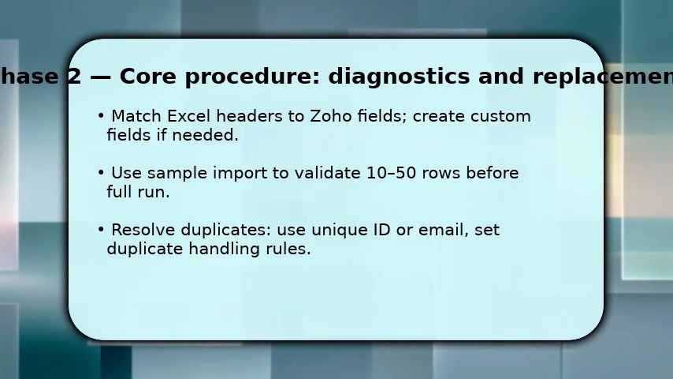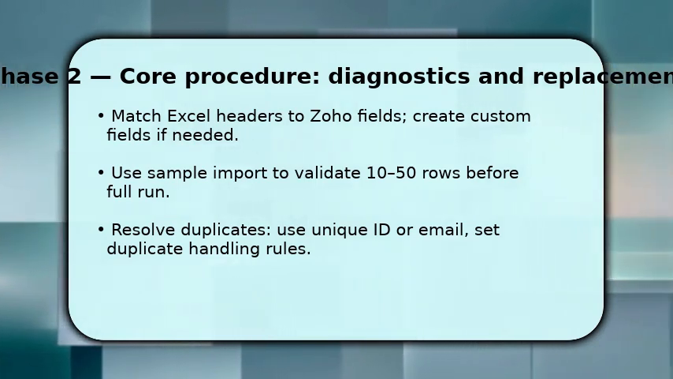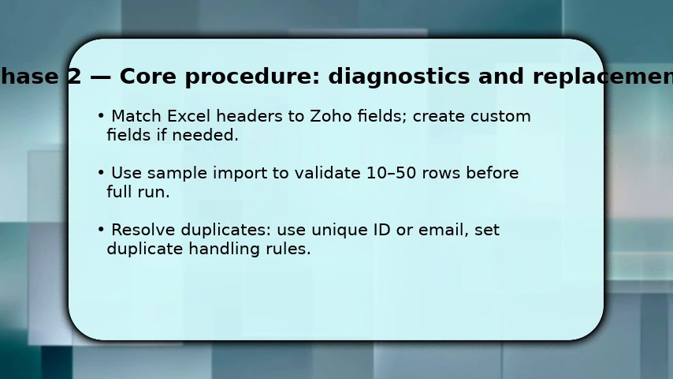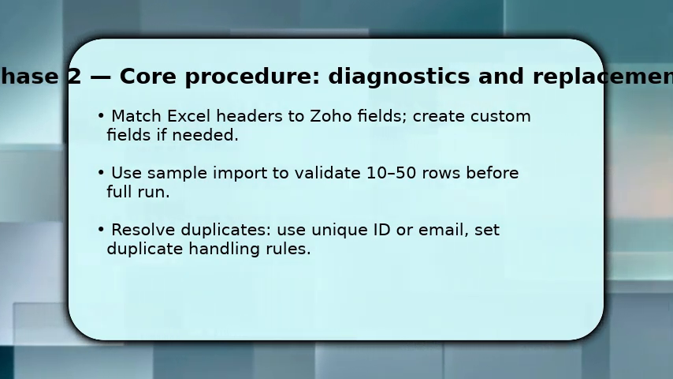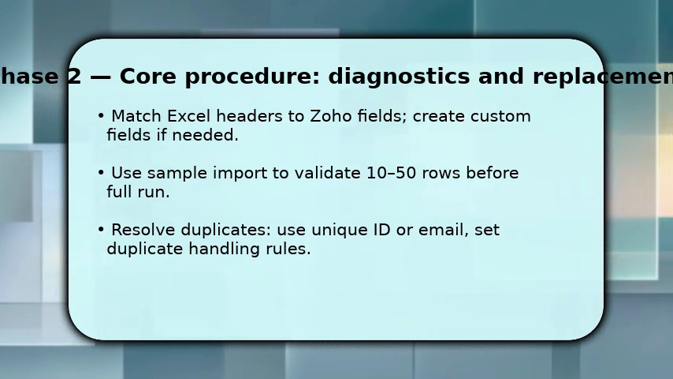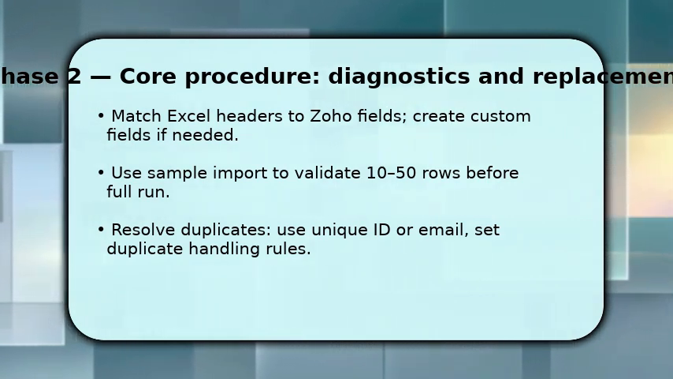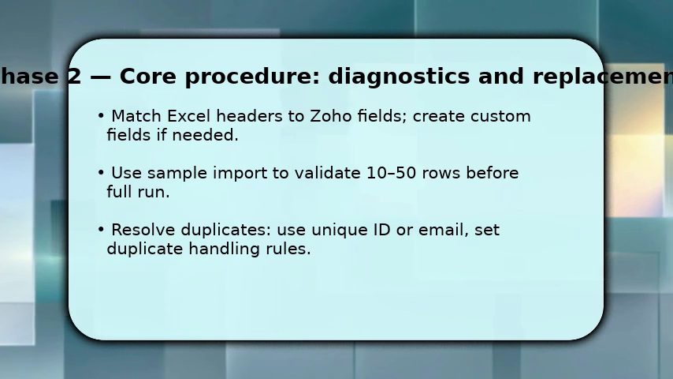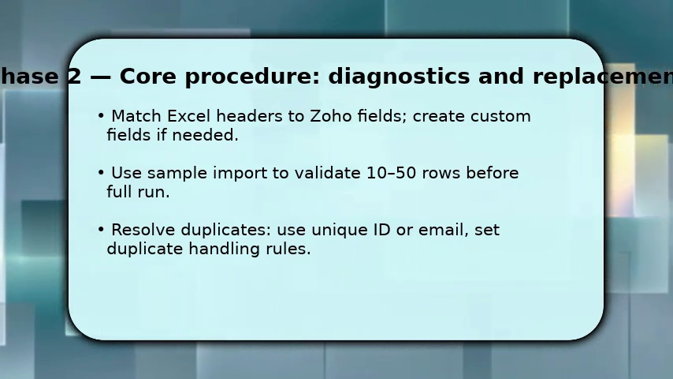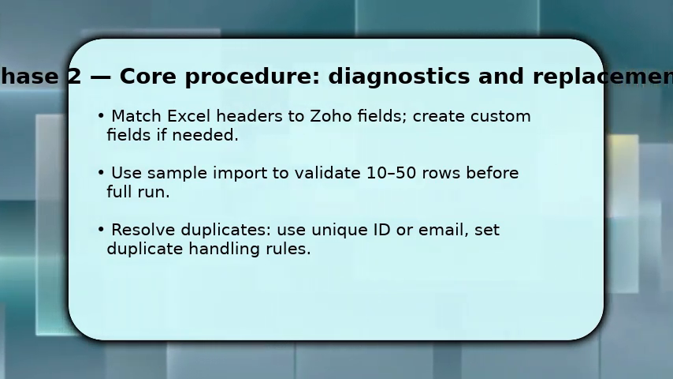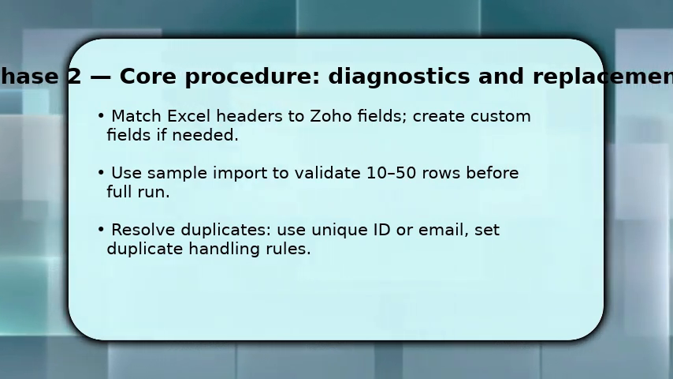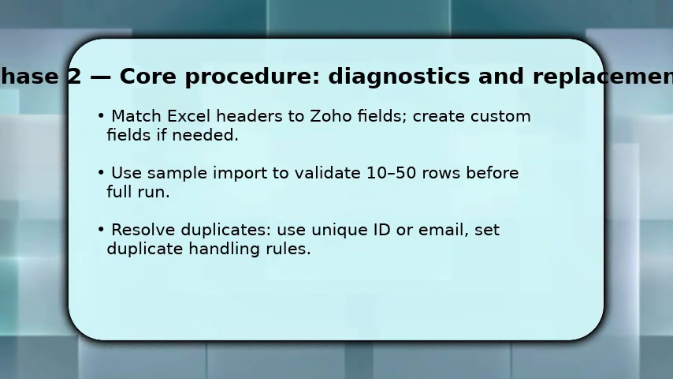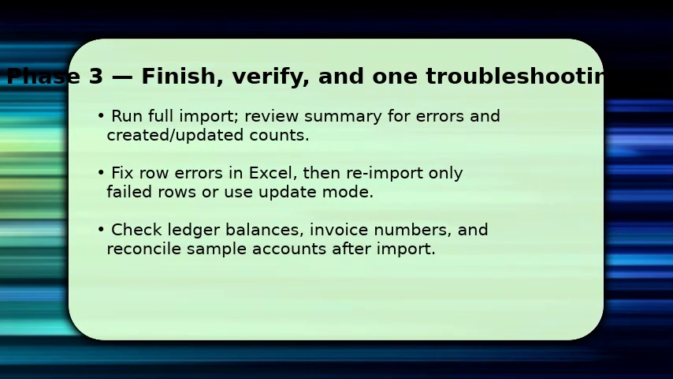In the Import wizard, match each Excel header to the corresponding Zoho Books field and create custom fields only when necessary so data aligns. Before importing everything, perform a sample import of 10 to 50 rows to catch formatting and validation errors. If duplicate detection is required, choose a unique identifier like customer email or item code and set your duplicate handling rule. Doing this prevents messy